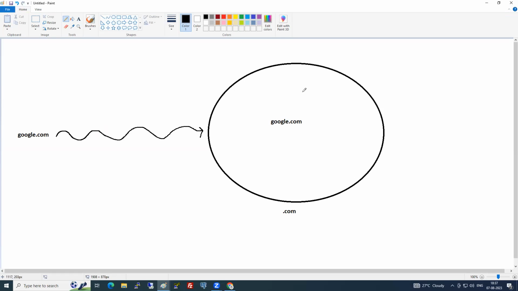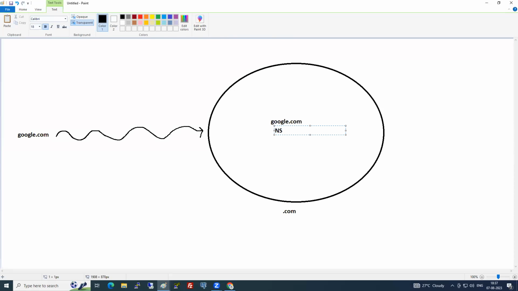There are millions of websites, but the request has to go to google.com. So who is the guy who will be identifying and shouting from here? Name server, NS server. Name server is nothing but some servers, no? Is it good to have only one server or multiple servers? Multiple servers, correct. Very good.